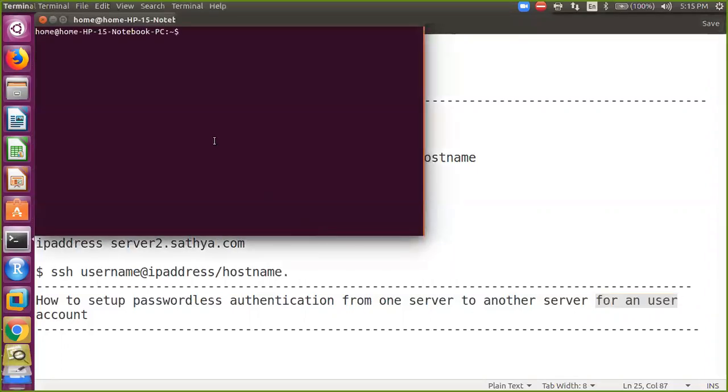Observe, sir. Without establishing the passwordless authentication, the authentication model will be like this.